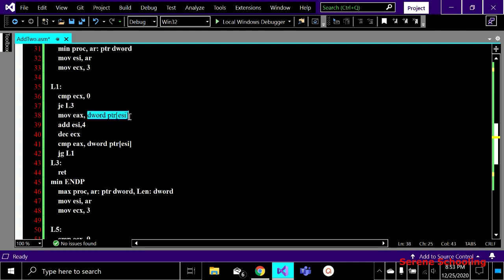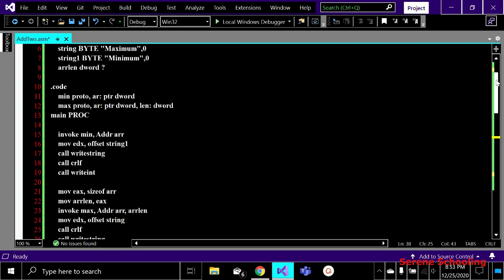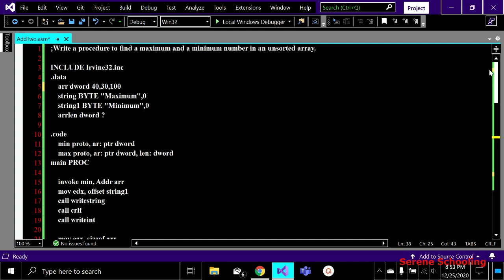You have to remember this: type and then PTR. Why PTR? Because this was containing what? Address, and now I want the value at that address, with the square brackets. This is how you write it, and I'm moving that into EAX, and this means that value, my first value, which you can see from here is 40.